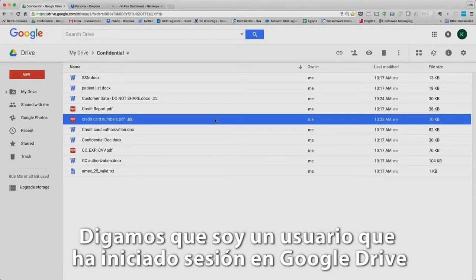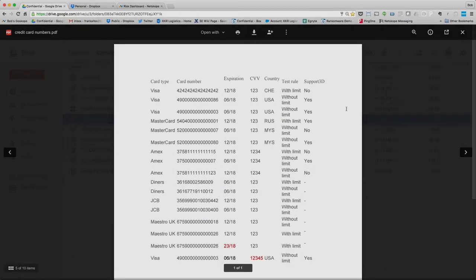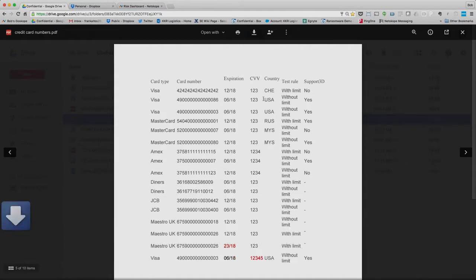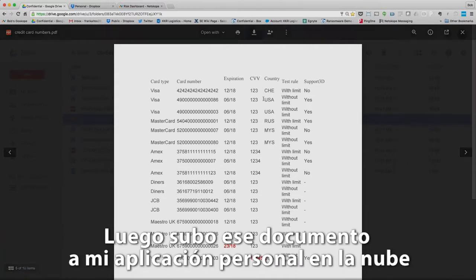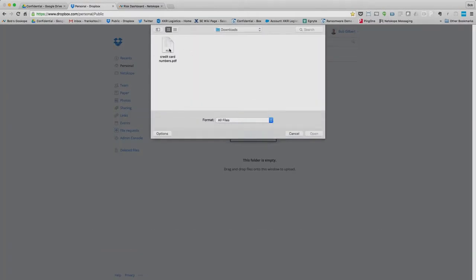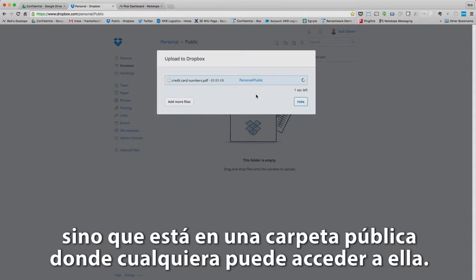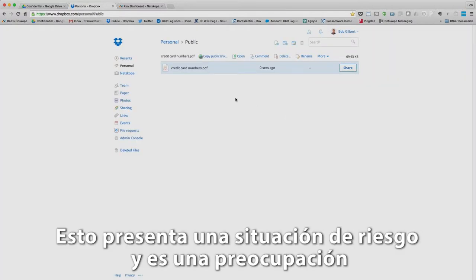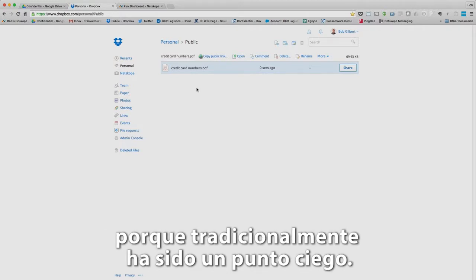Let's say I am a user that is logged into Google Drive, and I download what apparently looks like a sensitive document. I turn around and upload that document to my personal cloud app. Not only do I upload it to my personal cloud app, but it is in a public folder where anyone can access it. This presents a risky situation, and one that is a concern because it traditionally has been a